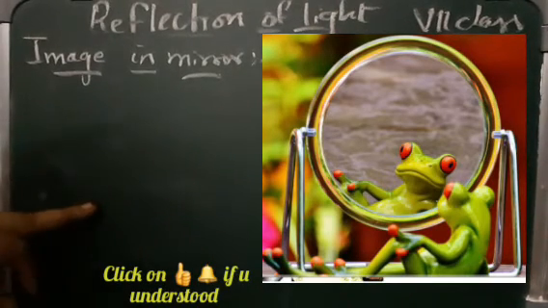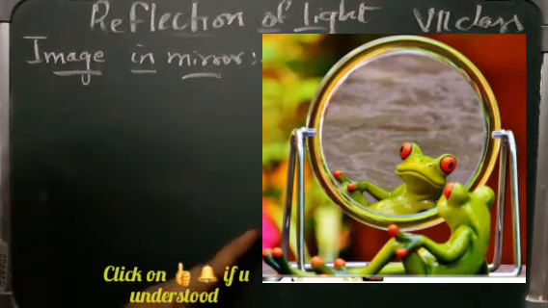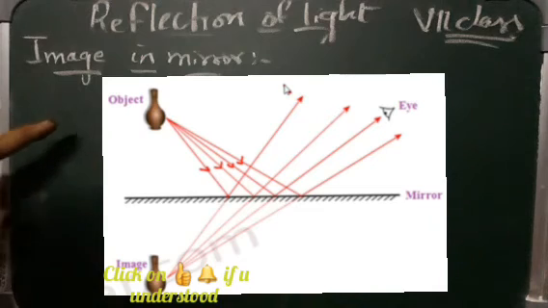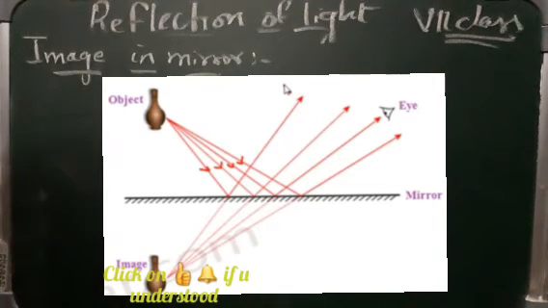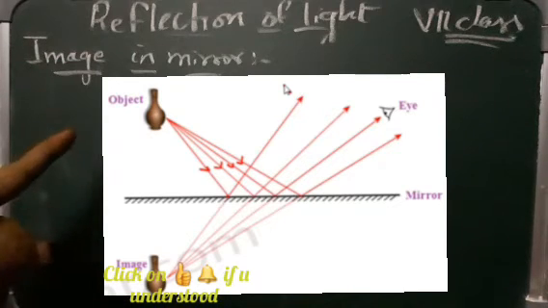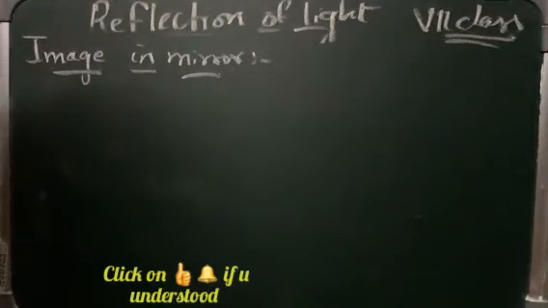Suppose you are having an object placed here, and when you are seeing from the mirror, you can see the image is formed behind the mirror and the object is visible on this side, isn't it? See in this picture how the image is formed. When you are keeping the object this side, the light falling on it is getting reflected by the mirror, and you can see the image formation this side. So this is due to the reflection of the light.